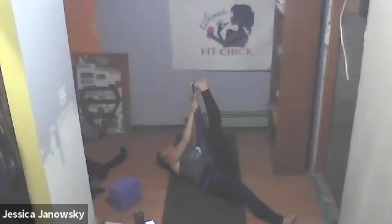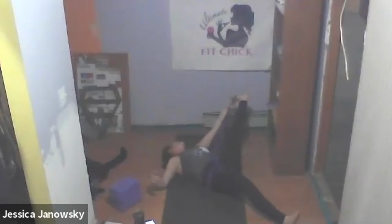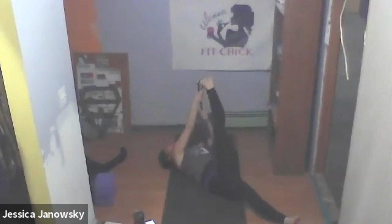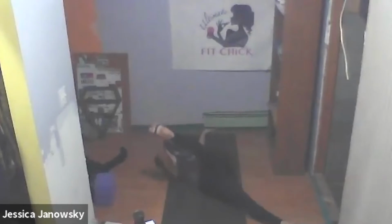Both sides of the strap in the right hand, open to the right. Let the chest be long. Try to get both shoulder blades on the floor here. Just enjoy how this feels. Oh, it feels amazing. Exhale back to center and then switching both sides of the strap into the left hand